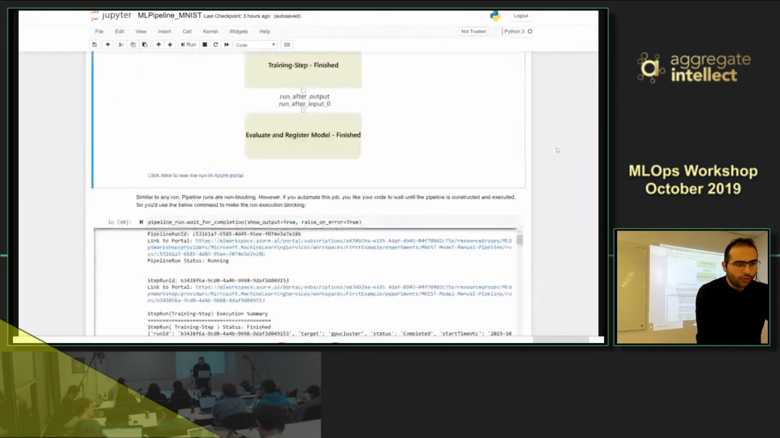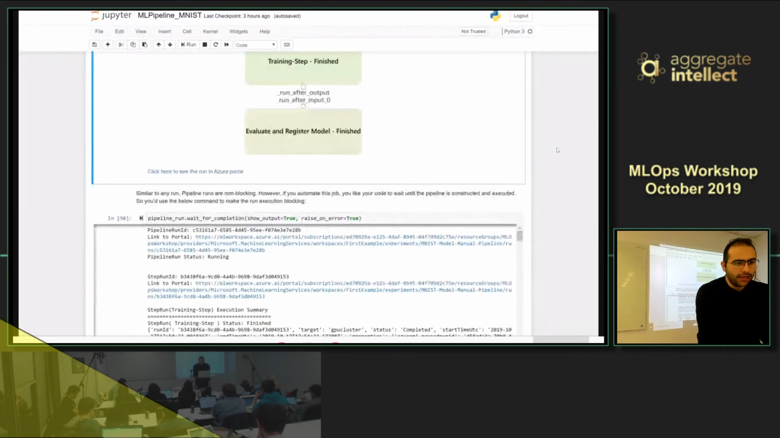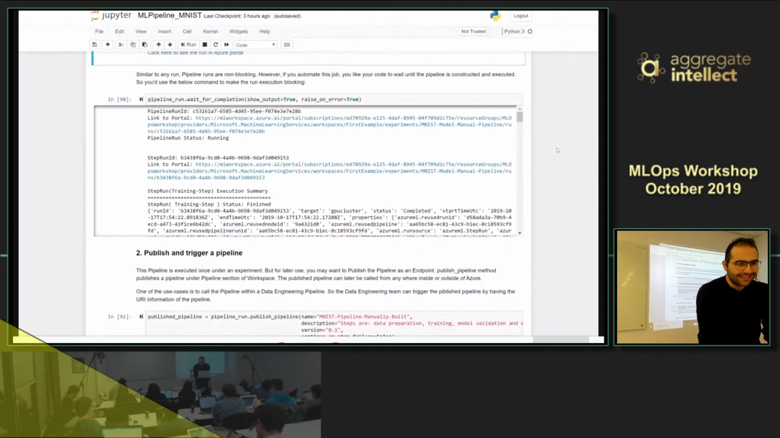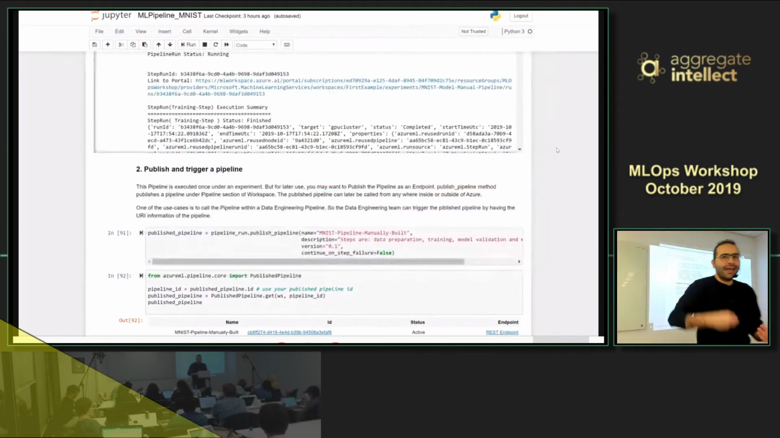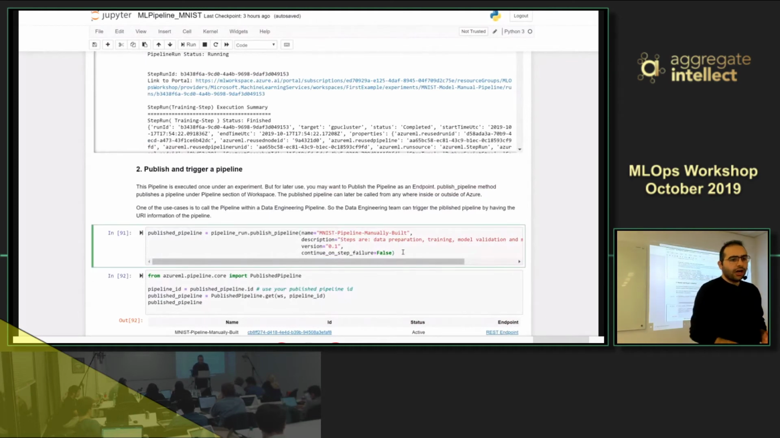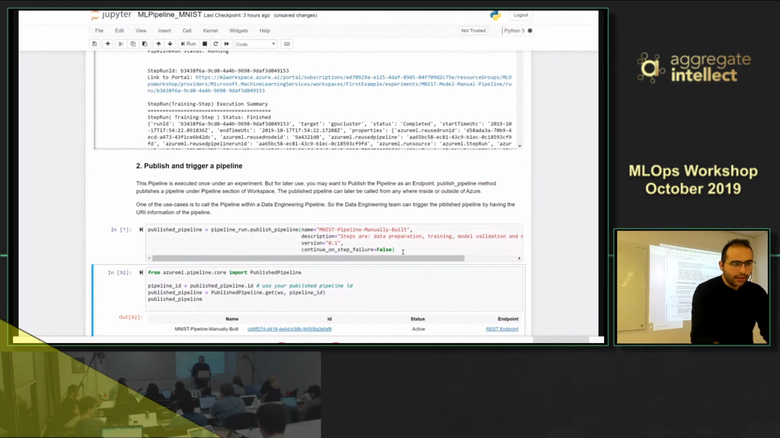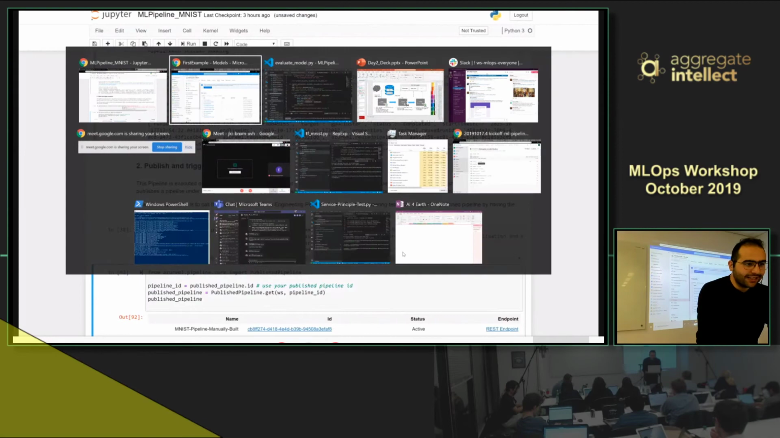All right, so once the pipeline is built, I can treat it like any run object, and every step is a child run in that way. But it is still not published, so I don't have an endpoint for it. I need to call the publish function of the pipeline run, and then I'm able to see it within